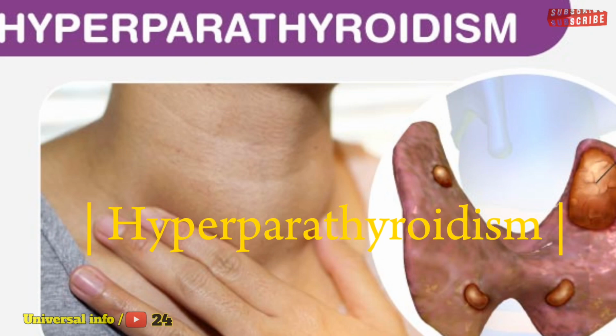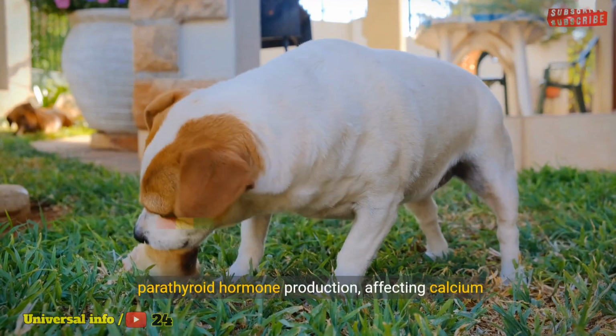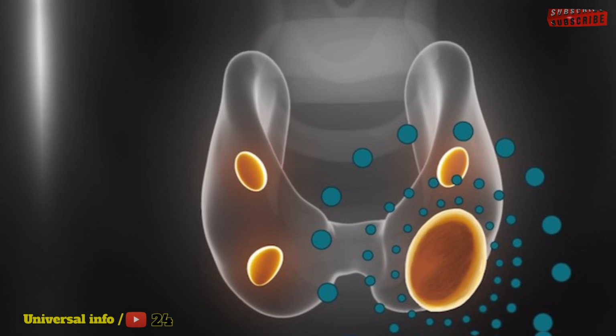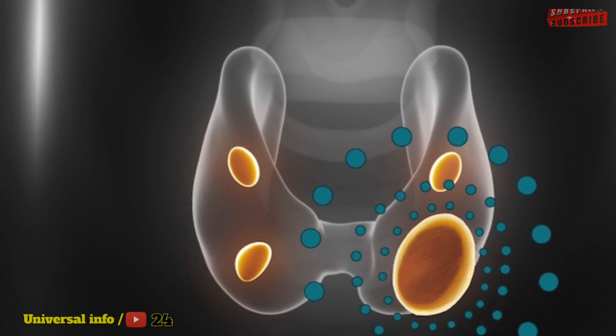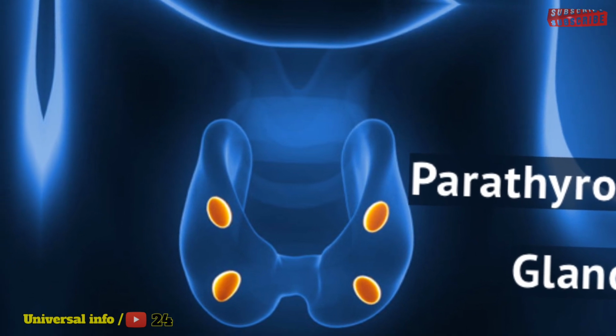Number 12. Hyperparathyroidism. Hyperparathyroidism is where the parathyroid glands in the neck near the thyroid gland produce too much parathyroid hormone. This, in turn, leads to high calcium levels and low phosphorus levels in your blood. Too much calcium has been shown to increase the risk of osteoporosis and broken bones by increasing the rate of bone turnover, the cycle of breakdown and renewal of bone.